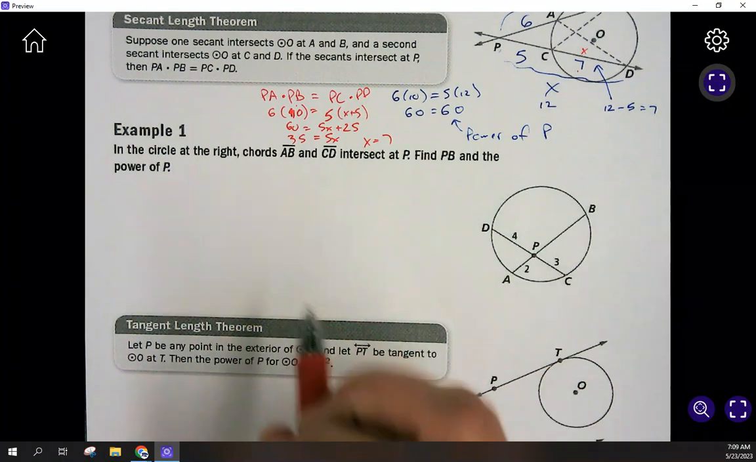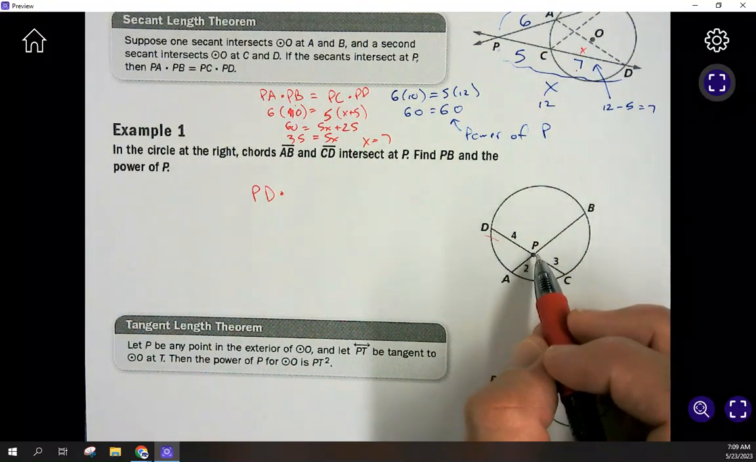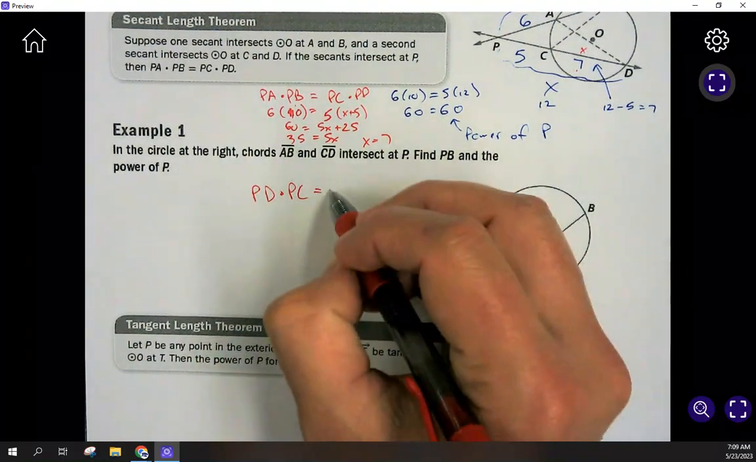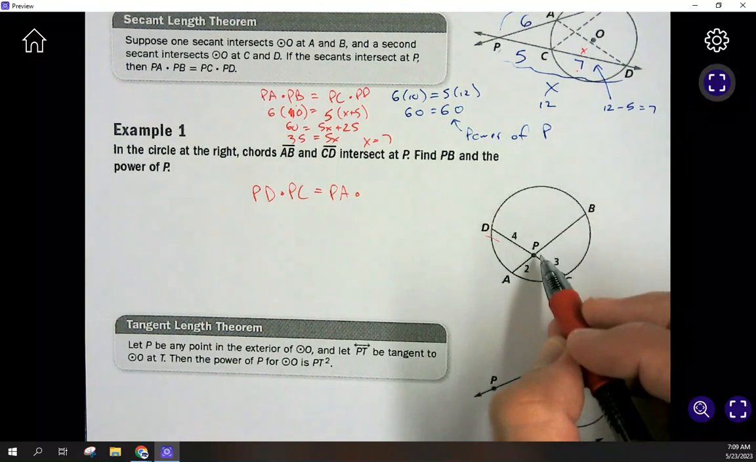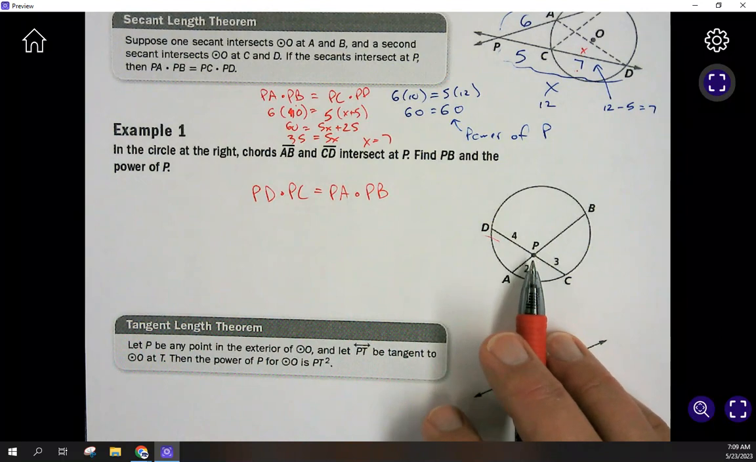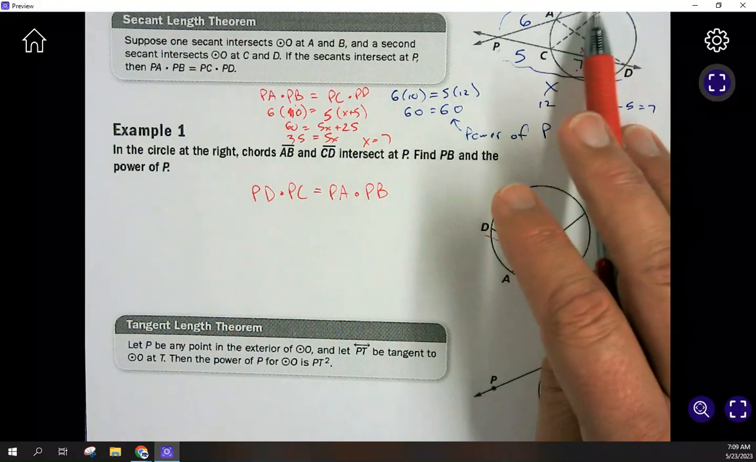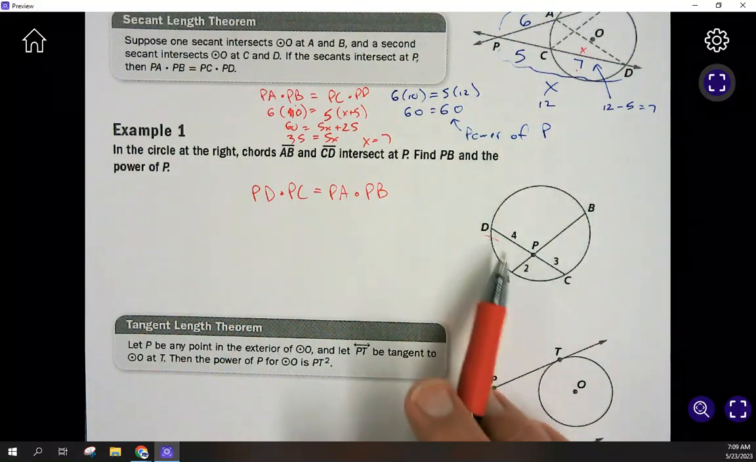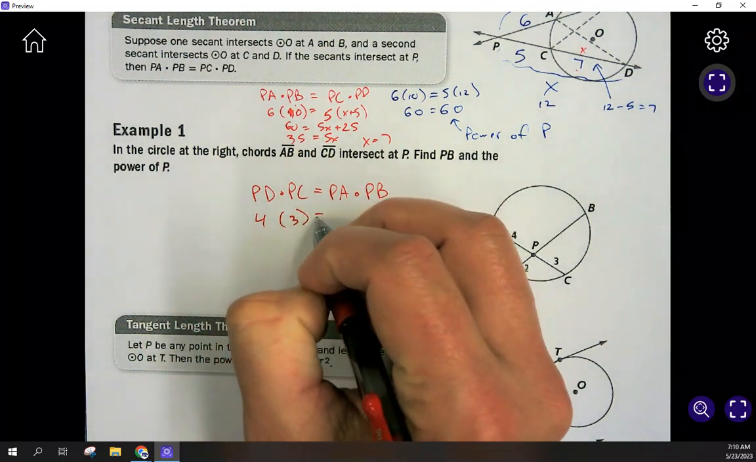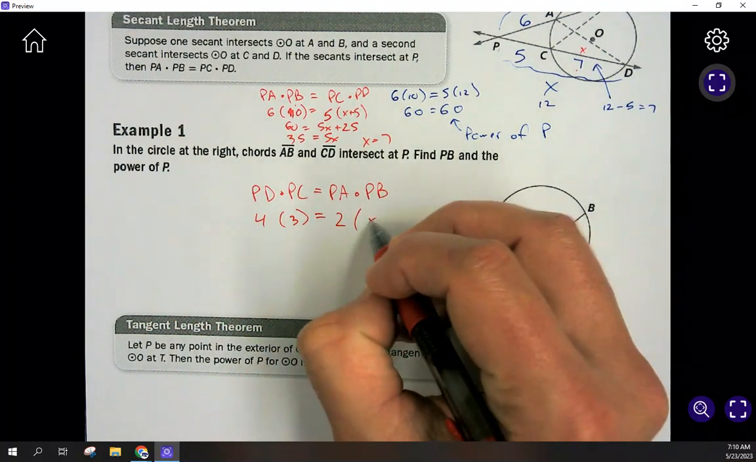So from point P, I know I can go to D, and I can multiply that same line times the distance from P to C. That's going to equal the distance from P to A times the distance from P to B. So when it's on the inside, it's actually easier because I'm not going to have that overlap where I had PA was 6 and PB was 10, and there's an overlap there with the two different distances. Not going to happen here. It's just going to be the 4 times the 3 for this line, and it's going to be the 2 times, we'll call this x,